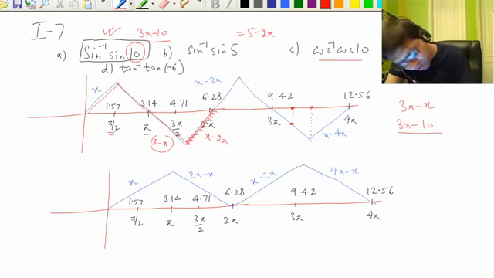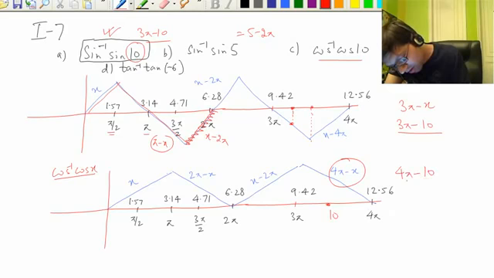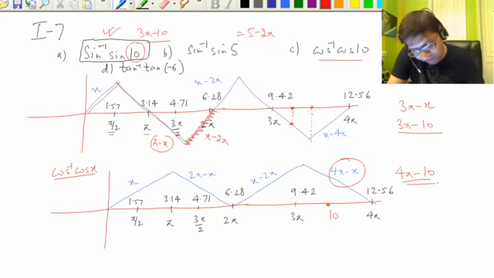If you have to do cos inverse cos 10, we have to use the graph of cos inverse cos x, and see where 10 is. Again 10 is here on this segment, 3 pi is this, 10 is here on the segment somewhere here. We have 4 pi minus 10 as the definition. 4 pi minus x means 4 pi minus 10. The value is 4 pi minus 10.